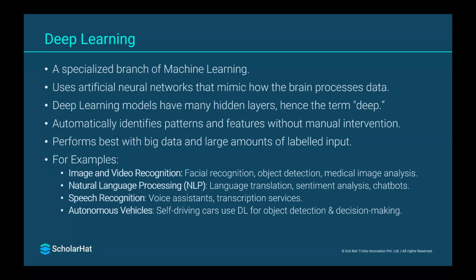The next one we have is natural language processing. NLP examples include language translation and sentiment analysis, and then we have the chatbot. In speech recognition, we need to identify who is speaking and convert the speaker's audio into a specific language, so you might be doing translation there. We have a self-driving car example, as I mentioned already, where Tesla provides self-driving cars. That comes under deep learning itself.